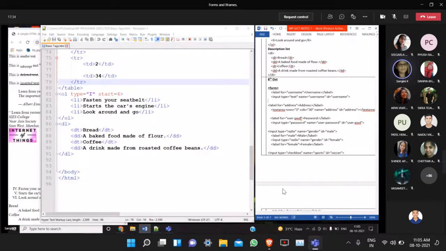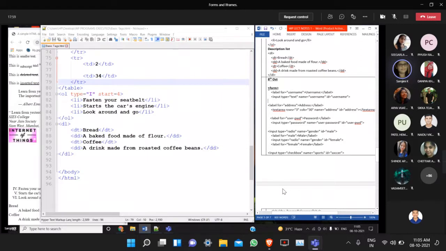Okay, so we used the name attribute, and even the value of the name attribute is user defined, anything you can give. I have given the name attribute, and though I need not give it here, I have given the ID attribute, you know why we have given it. Now this will create a single element.